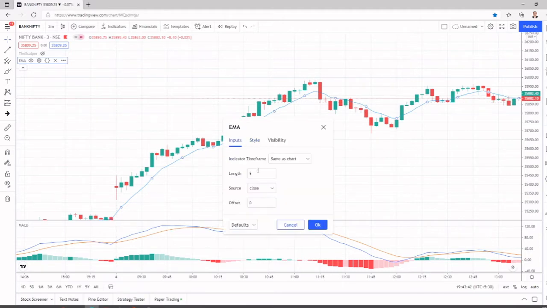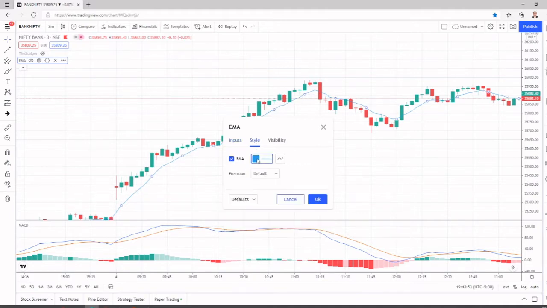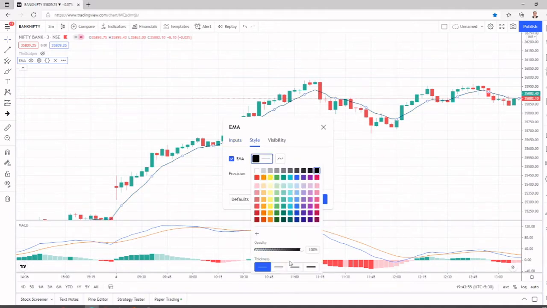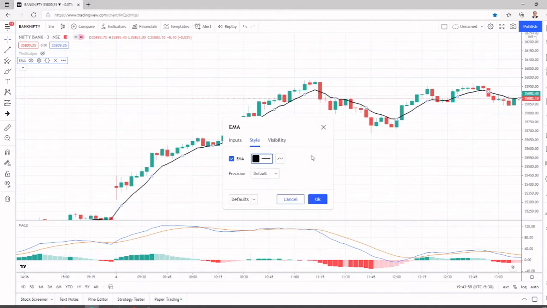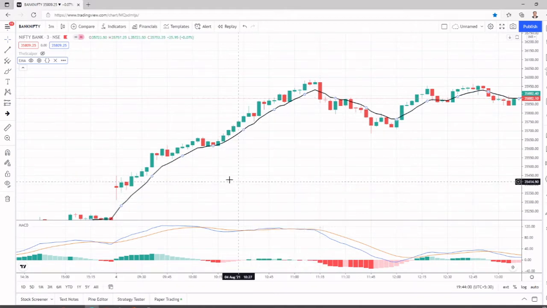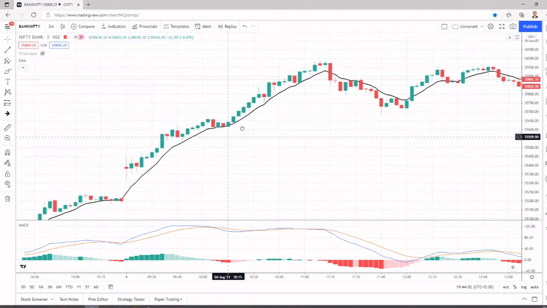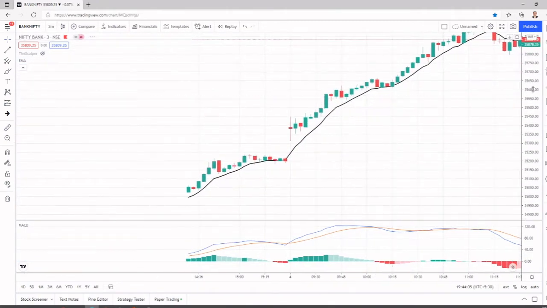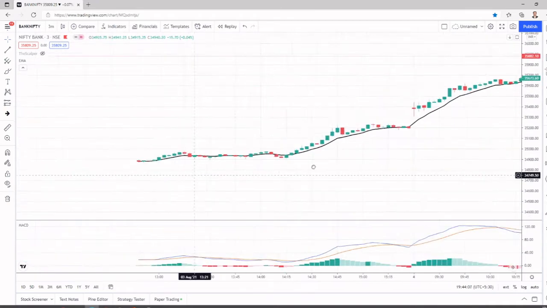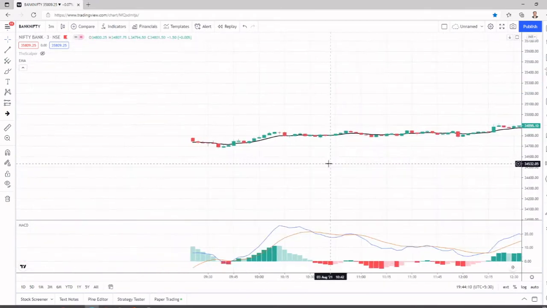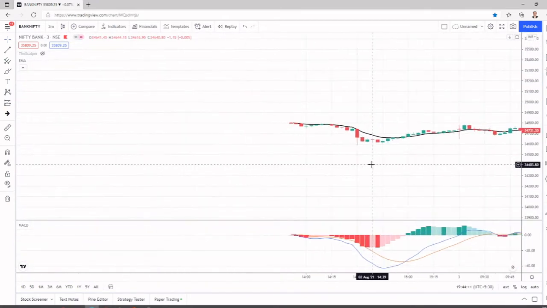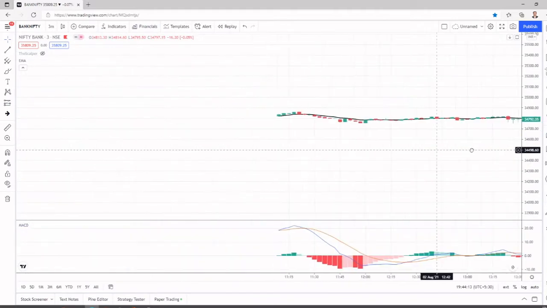We will be changing it to 8. If you ask me why I'm using 8, why not 9, 10, 11, it is because I'm getting good signals at 8. You may get good signals at 9 and 10, you can try that. Okay, I will make it dark for clear visibility. Now we are done with the setup. As per our rule, we will go randomly and see how this works on different days. We have already taken the example of 5th and 6th of August, so we will not be looking at that.